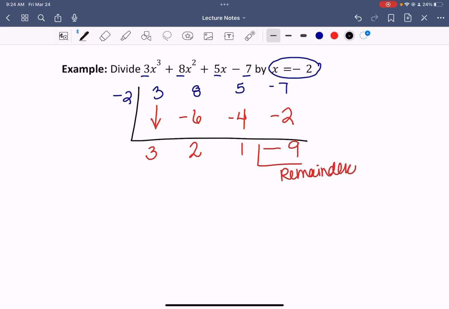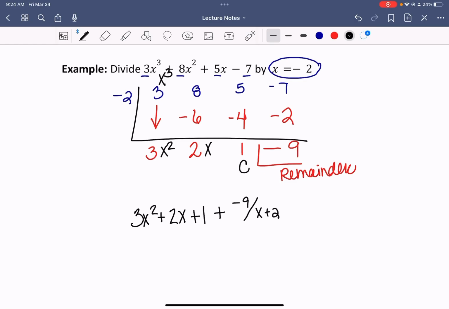Remember, when you're dividing, this started out as an x cubed, so it's going to reduce by 1. That gives me x squared, x, this is my constant, and then my remainder. So the answer would be 3x squared plus 2x plus 1 plus negative 9 over, I was dividing by an